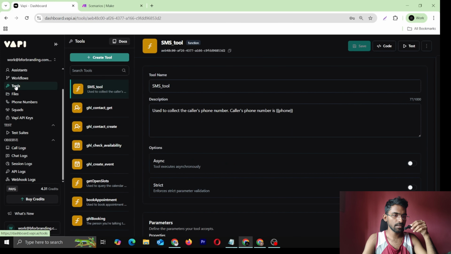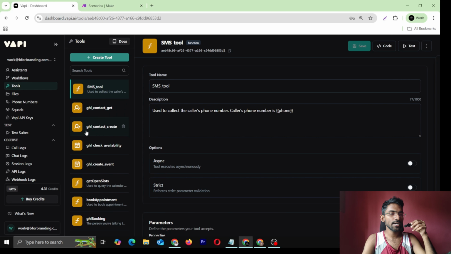You will get one connect button here. Just tap on the connect button and one pop-up will open and you need to log in to your Go High Level account. Okay, that's all. Once you log into Go High Level, it will be connected in 2 seconds. Once the Go High Level connection is done, you need to go to tools,